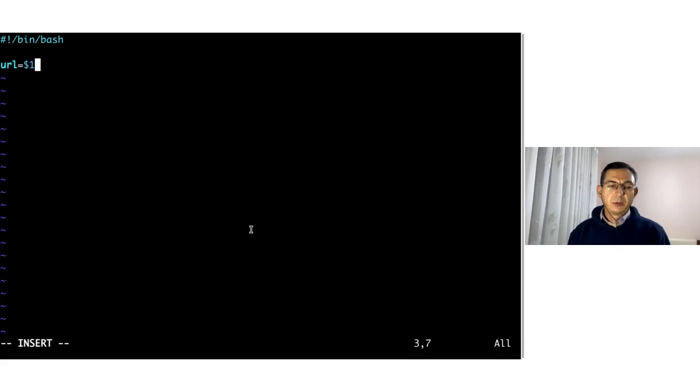It is going to take the first argument. We are taking the first argument, and we are storing it in this variable, or let's call it start page. Start page, and we want to make sure that this is not empty first of all. So we check that it is not empty. If it is empty,